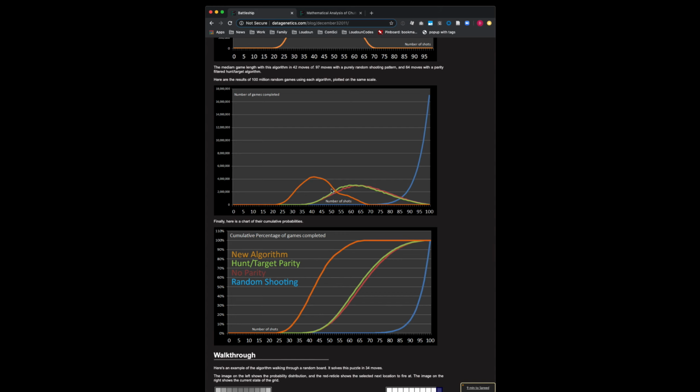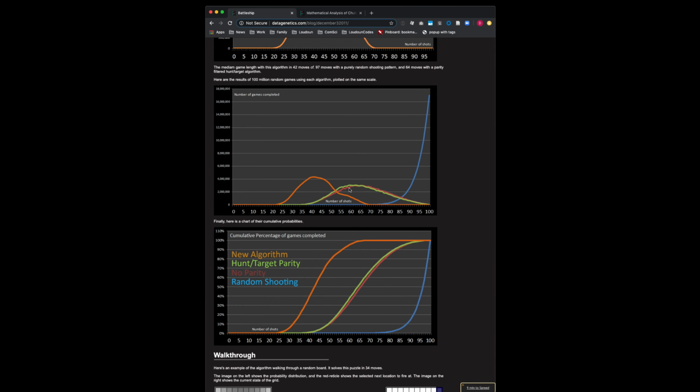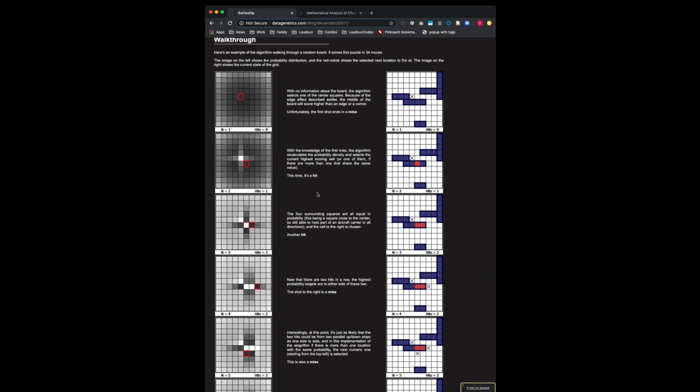Now, you see that these two graphs do overlap, so luck is going to have some say in this, in that occasionally the other strategy will win out. But by and large, that is a winning strategy. This unnamed algorithm in this paper that I'm calling a statistical heat map. And then give you a walkthrough of how this algorithm works so that you can apply that, learn how it works well enough to instinctively play this way as you play. I'll include a link to this article in the